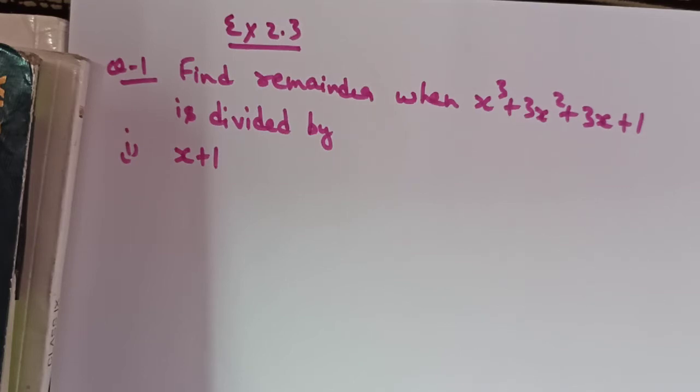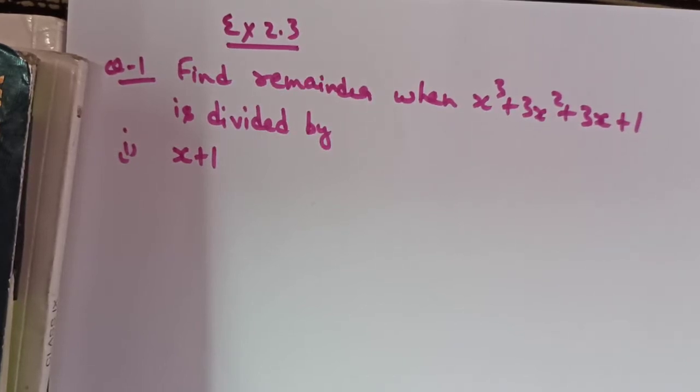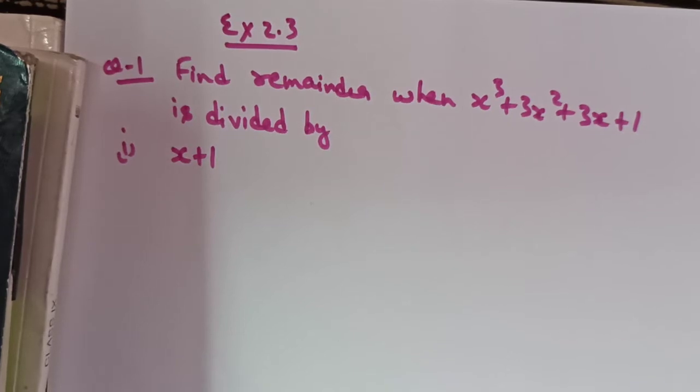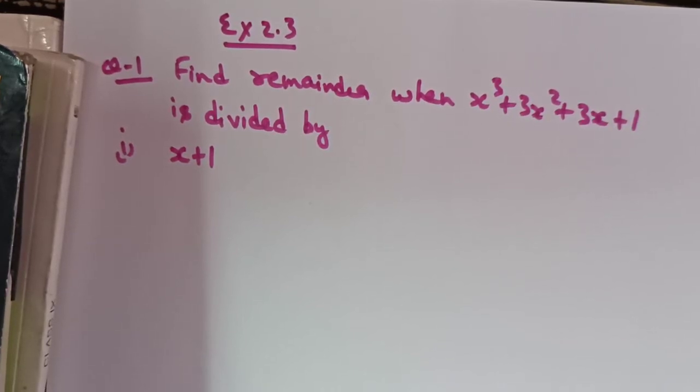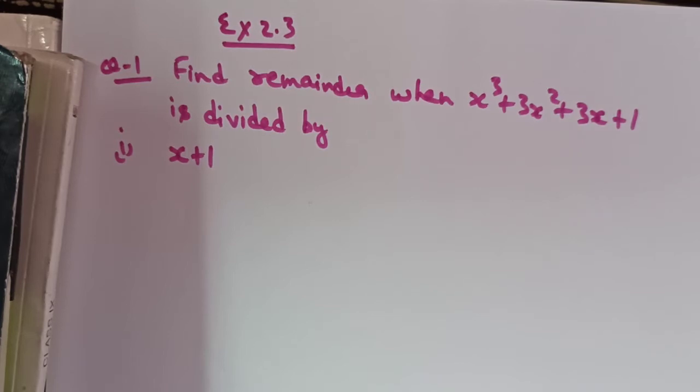One thing I want to tell you is that in the given question, the method is not specified. So you can find the remainder by any of the methods. First of all I will tell you all the methods by which you can find the remainder, and then I will tell you which method is the easiest, and in the upcoming parts of this question we will be solving by that method only.